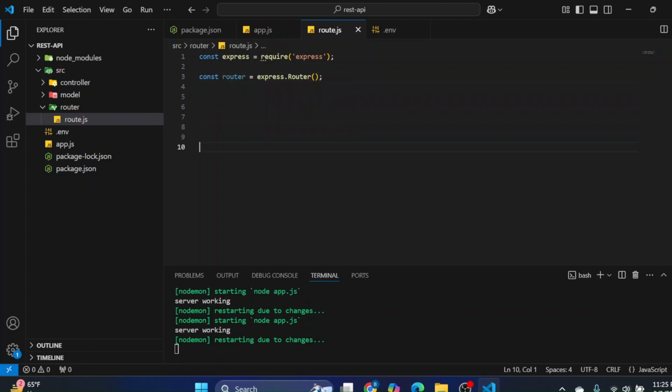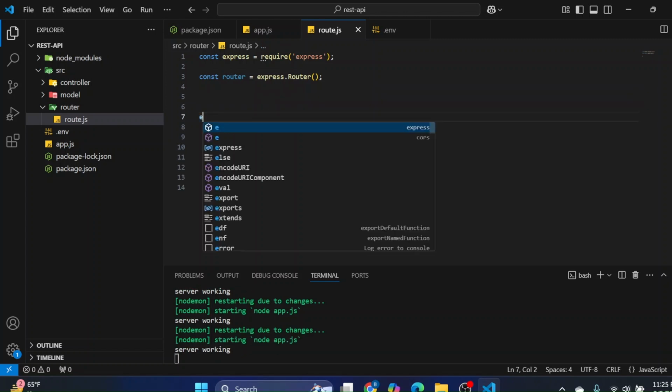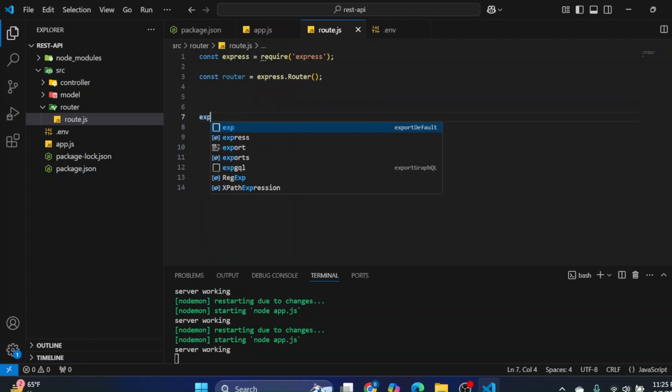I will export my router from the route.js. Here I have made the variable, and I will export the module, so this would be module.exports